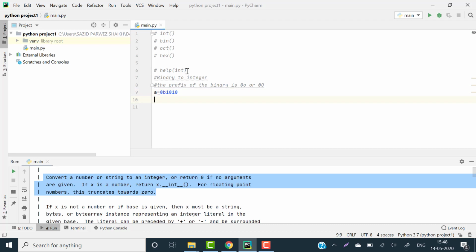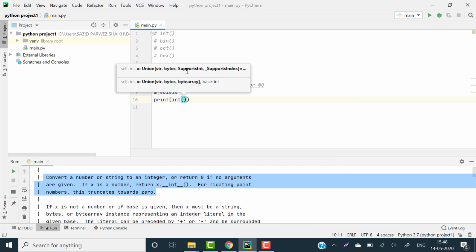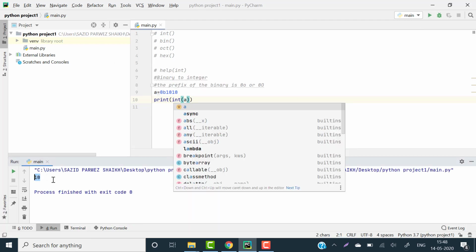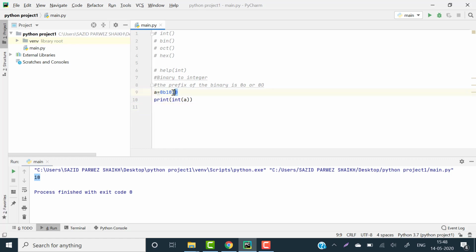So how will we convert? Print int, and inside this function we will write a, and run this program. See, this 10 is coming, meaning the value of this binary is 10.